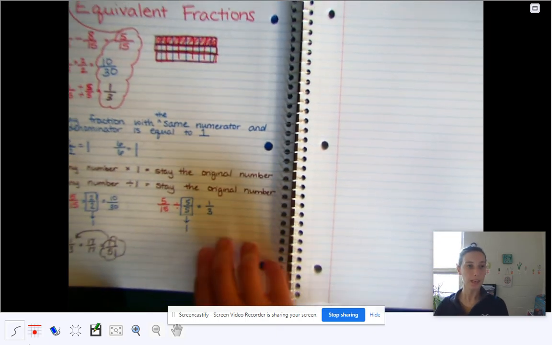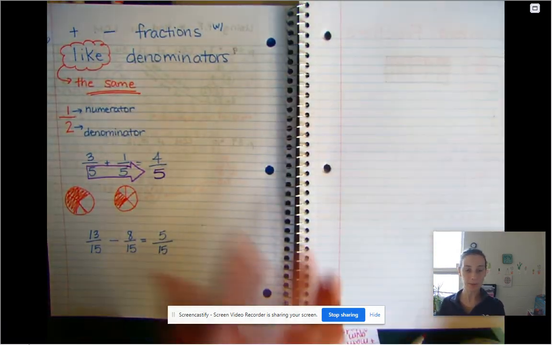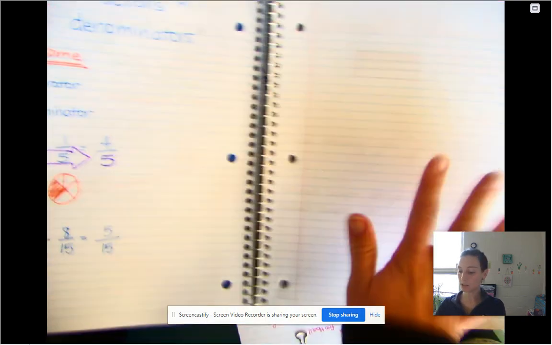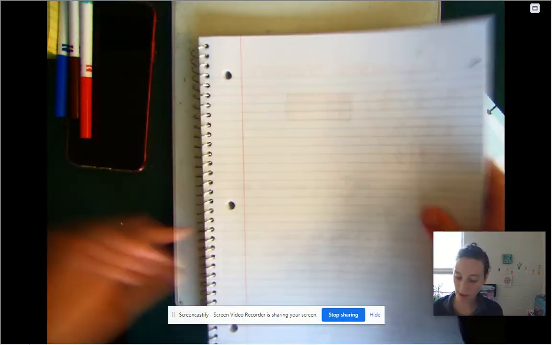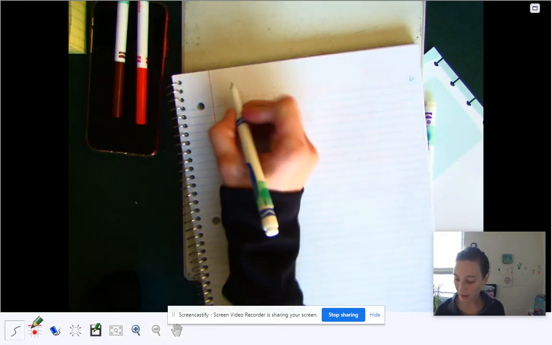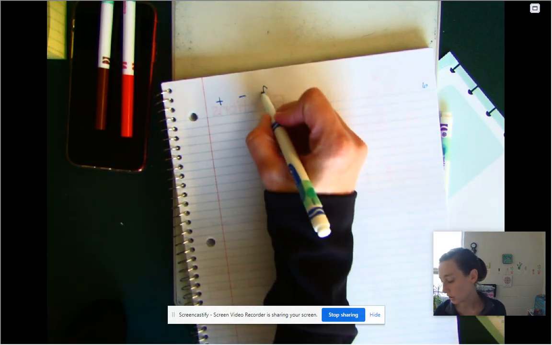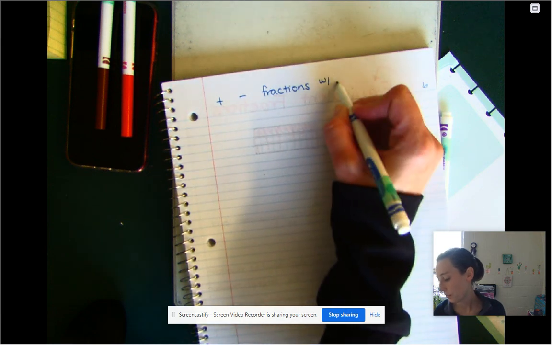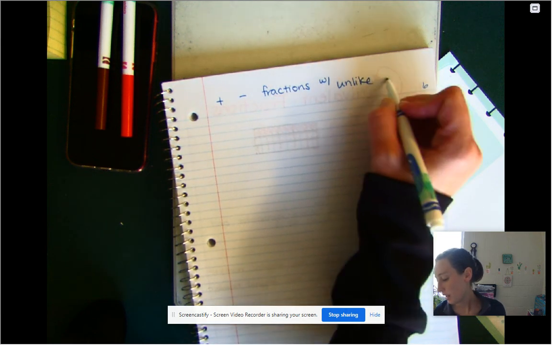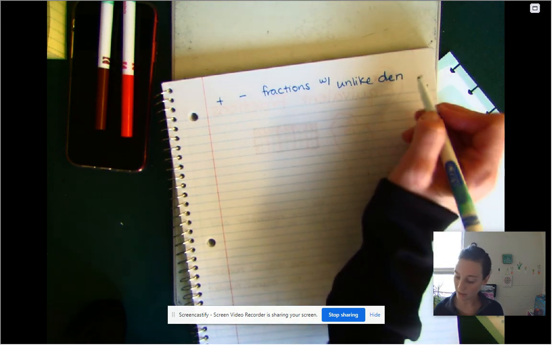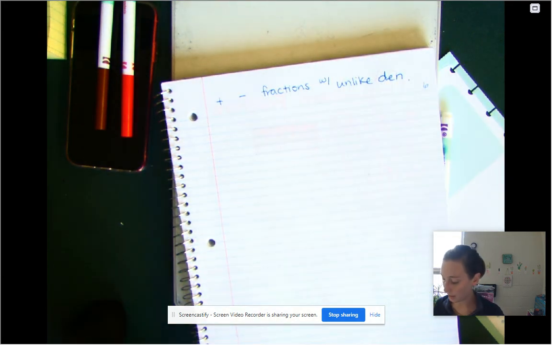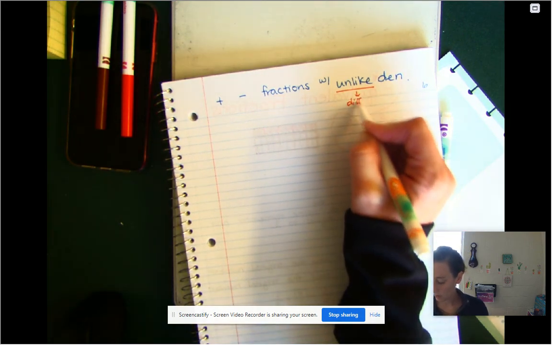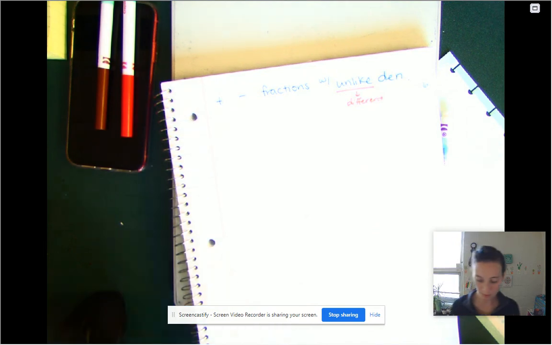Okay, we are back on page 6, where we had adding and subtracting fractions with like denominators. We're going to be over here on the other side doing adding and subtracting fractions with unlike denominators. And if like meant the same, then unlike means not the same, or different. So if we have the problem